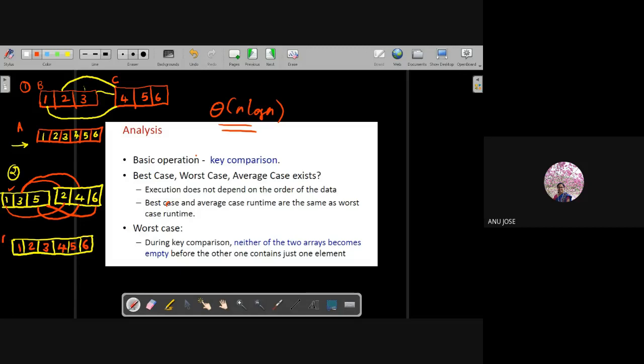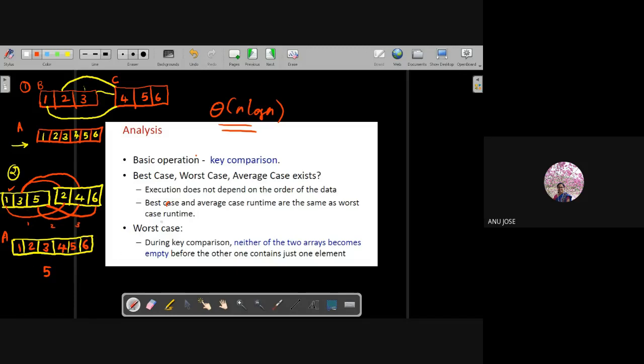So this is the logic. In this case, how many comparisons have I done? Counting the comparisons: 1, 2, 3, 4, 5. So 5 comparisons are done for an array of 6.